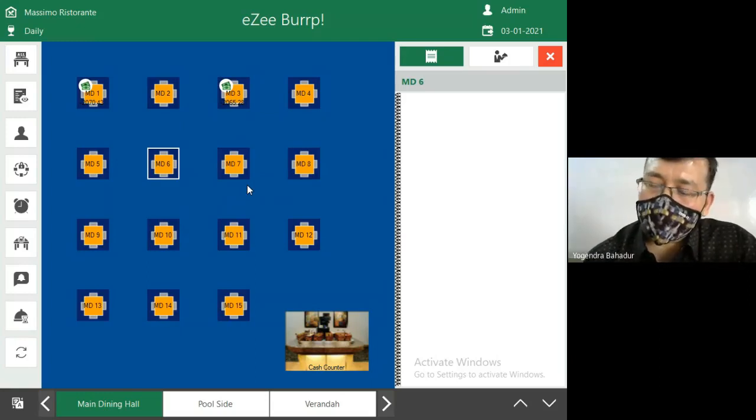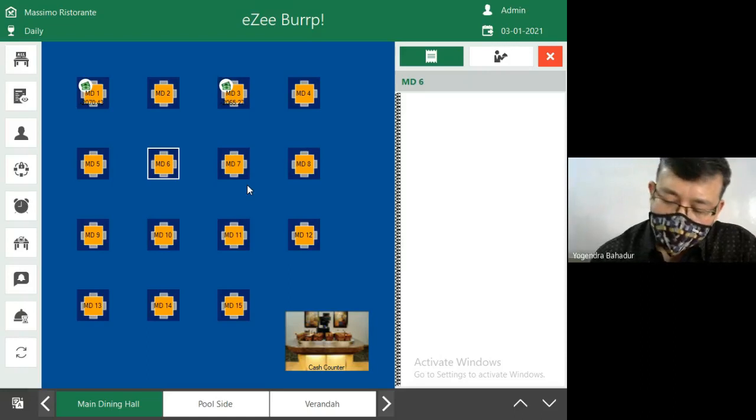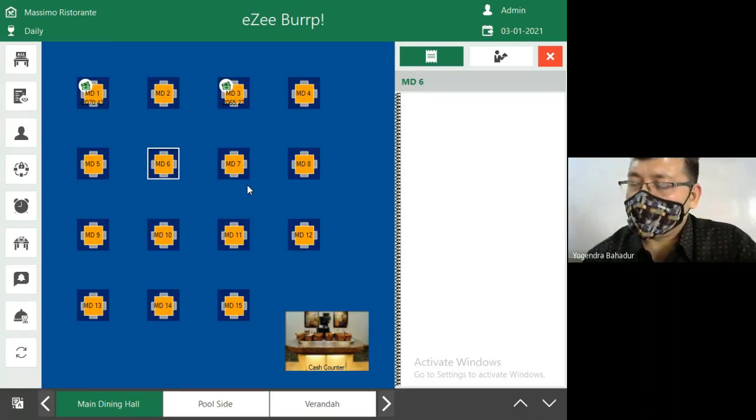The moment you click on the table, you will have to fill in some required information related to the guest. If you have that information, do fill it. If you don't have it, you can skip that part also. Depending on the property, in some properties filling in the guest information is required, while some properties make it obsolete and customize the software according to their own needs. After that, you will punch the order according to the preference of the guest, and then go for the print option. The moment you go for the print option, only then will the QOT be generated.